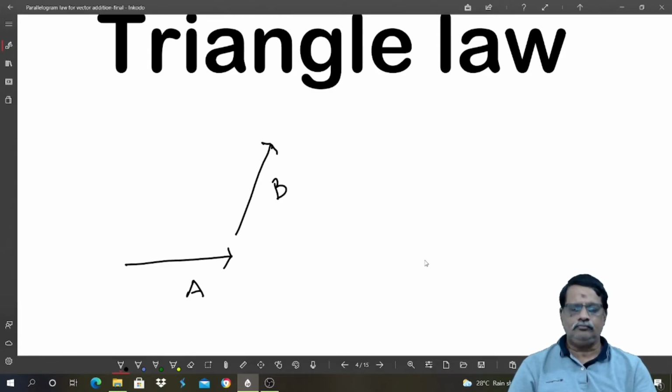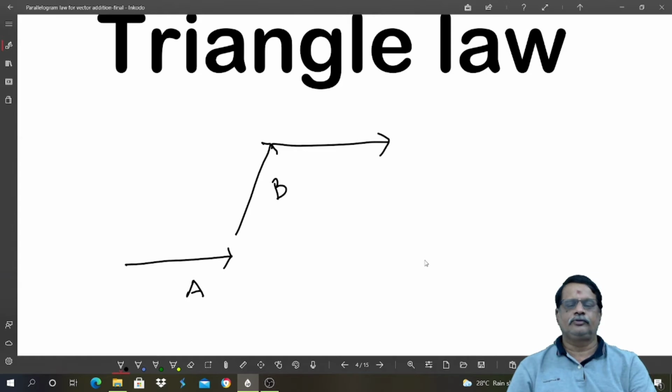It's very simple. All you have to do is to make a parallel displacement. So what is parallel displacement? Take this vector A and displace it in such a way that it is placed over B, with the tail of A coincident with the tip of B. So displace A parallel to itself until its tail and the tip of B coincide. This is how that is done. Now A has been displaced parallel to itself and its tail is now touching the tip of B.